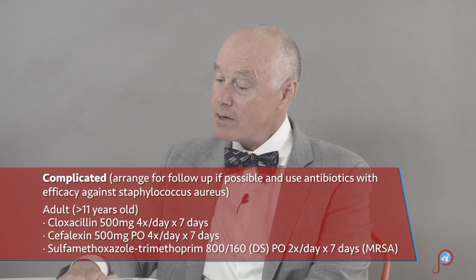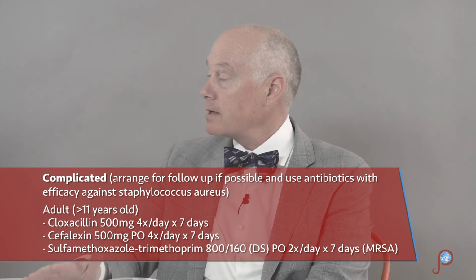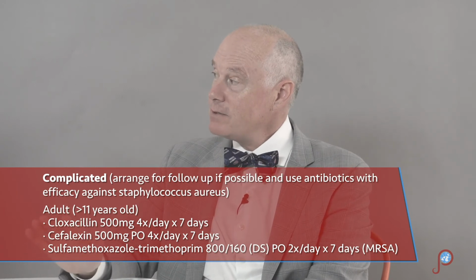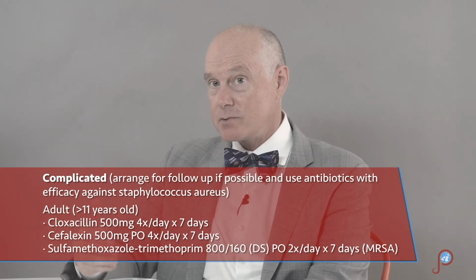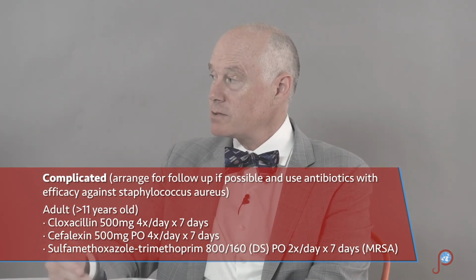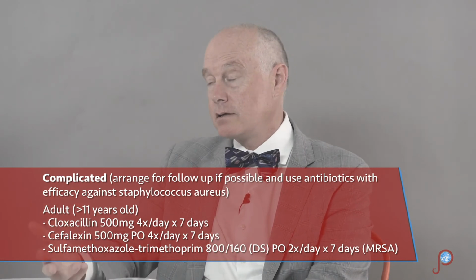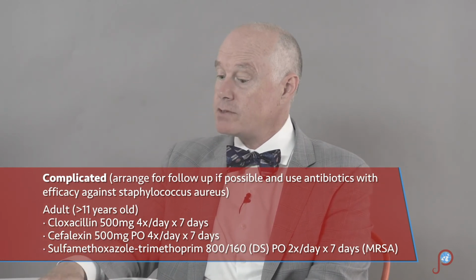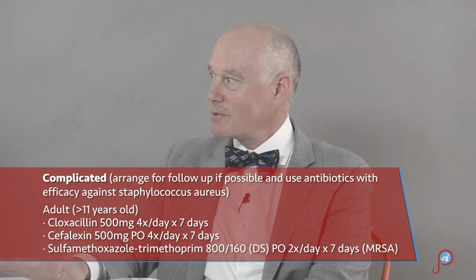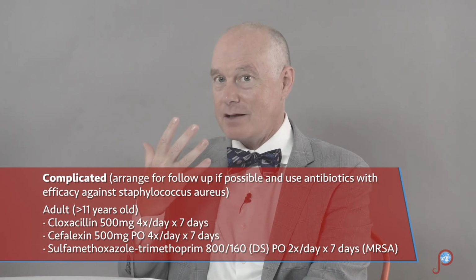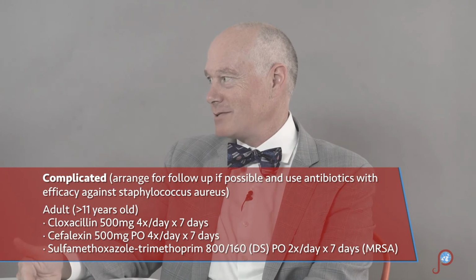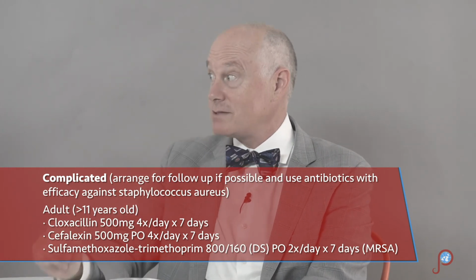There are some anti-staphylococcal penicillins like cloxacillin or dicloxacillin that we'll recommend. Cephalexin will work against our sensitive staph, but as we're having more resistant staph or MRSA, that's not going to work for us. So we move into medicines like Bactrim, the trimethoprim-sulfa, and we may even occasionally use doxycycline. But we want to use that with caution, because in tropical areas where you're getting lots of sun, in the summer, the biggest concern with doxycycline is photosensitivity.